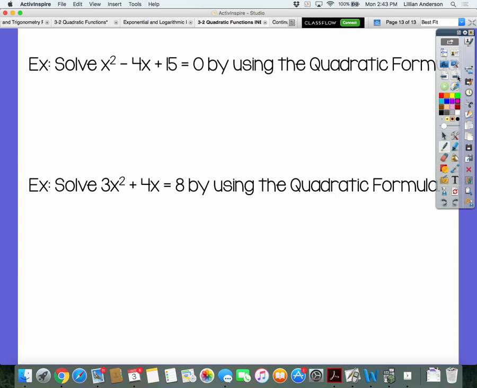Quadratic formula. We're going to do these two problems using the quadratic formula. But in order to do this, we need to know that formula. Plus or minus square root,